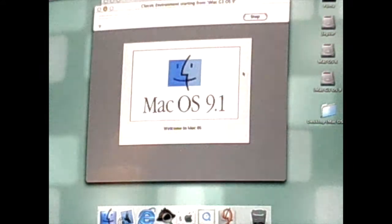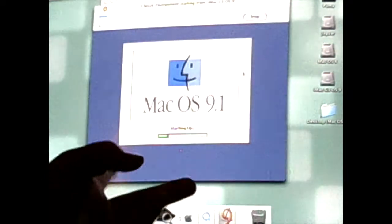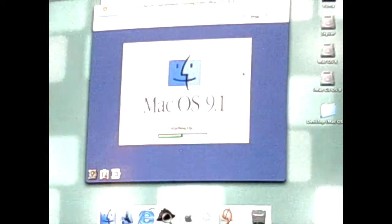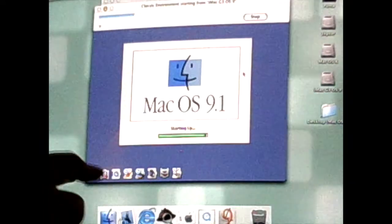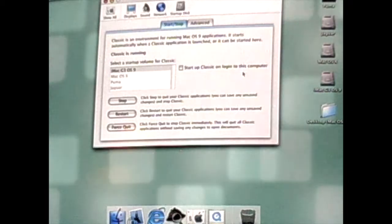And as you can see, now it's giving the macOS 9.1 startup screen. Now before it was green, but now it's just set back to the default blue. It'll still run the green when I start up macOS 9 directly inside of the computer to just run macOS 9. And now